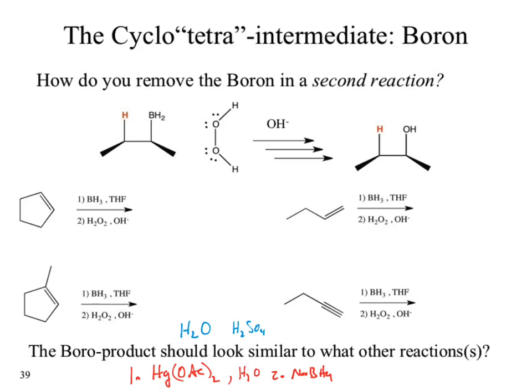They could show it where no rearrangement occurred, where it was possible for a rearrangement to happen. That then means the mercury reagent was used. So recognizing those patterns and seeking them out can help you get through this. The last thing that we'll do with our boron reagent,